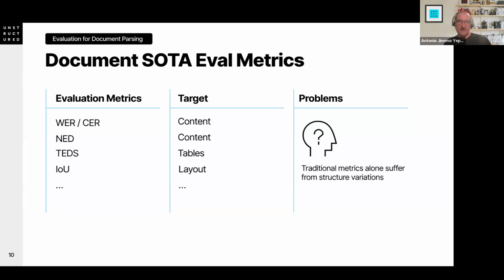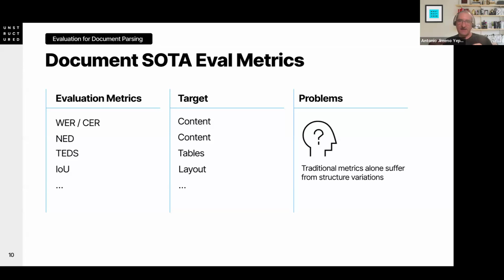There are other metrics that are used, like tree edit distance for tables, where we look not only at the text output, but also at how the tables are structured. Or we can look at how the different elements in a page have been detected and how they are evaluated using metrics like the IOU, which looks at how the bounding box is detected for a given type of element. So as Daniel already commented, we face some challenges when evaluating systems for which output might be semantically very